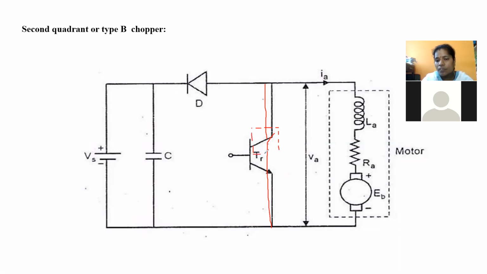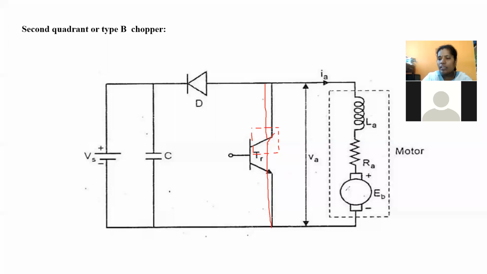Always listen. In our soft copy of the material, they are using the transistor, but actually you have to use a chopper. That means you have to replace the transistor with a chopper circuit. Chopper is nothing but a switch which is placed in a dotted rectangular box. And for this chopper circuit you have to connect a motor, that is also a DC motor, and from this motor you are going to run a drive.